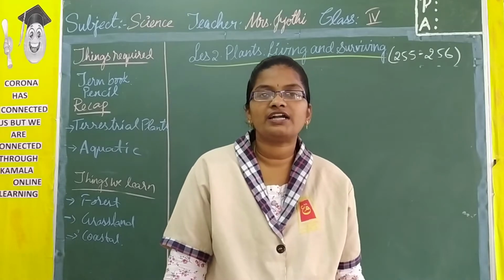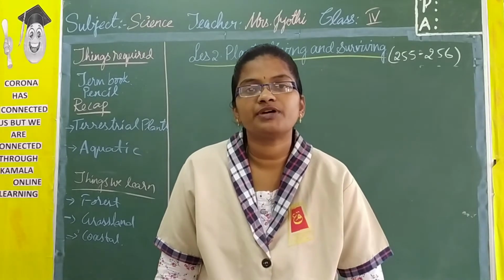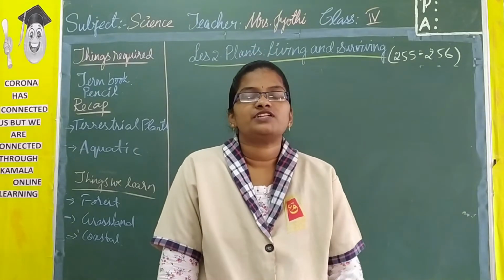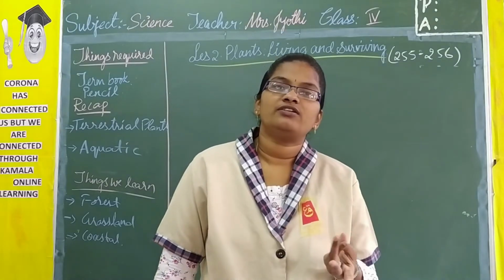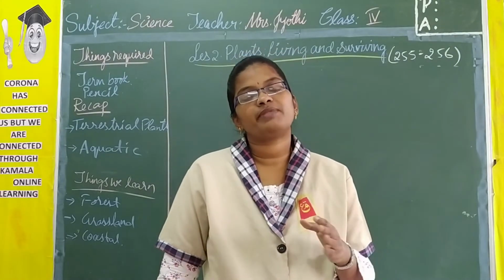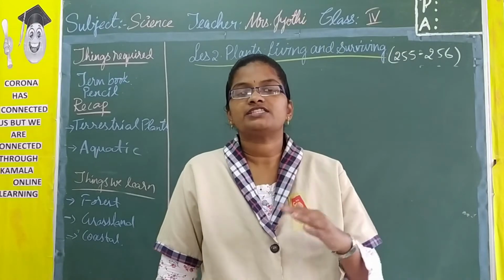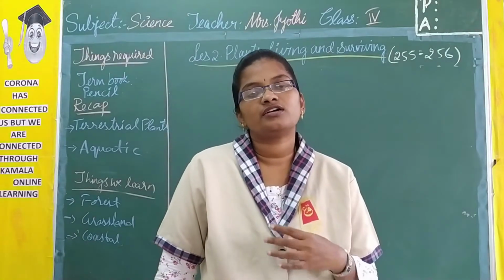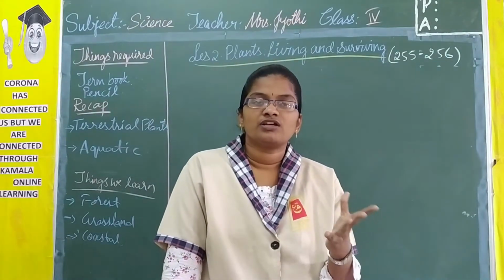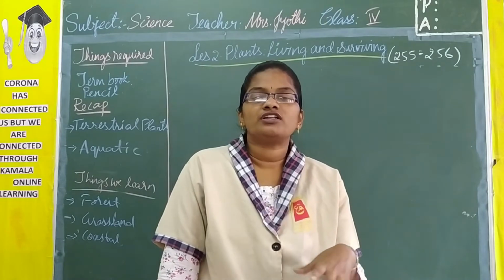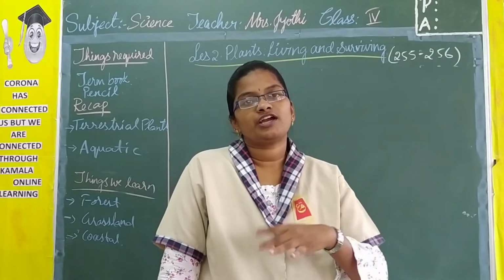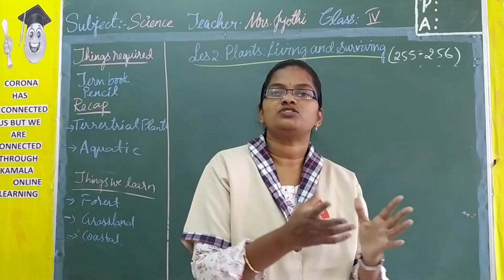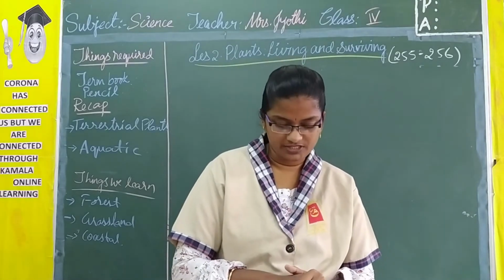If you have all visited the garden or any plant which is nearby you, just do it again. If you have not done it, you can go through the plants and make a short note. Is the plant tall or short? Does it have branches? Is it a creeper or is it a tree? Like that, you can write down as many points as you can.